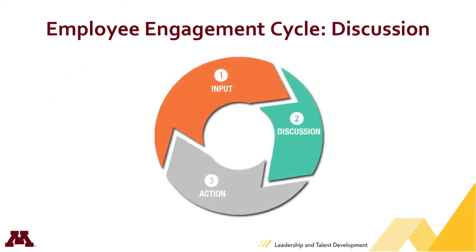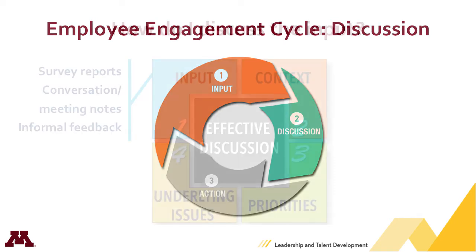Before we dive into the discussion phase, keep in mind, in practice, the input and discussion phases might not be distinct, especially if formal engagement survey data is unavailable. In those cases, input and discussion may happen at the same time, and that's just fine. For example, in a discussion with your department, you may learn that most people would benefit from more regular feedback about their performance. This is input. You then go on to discuss how important feedback will be as your department adjusts to new ways of getting work done. This would be discussion because you're talking about how feedback fits in with the department's priorities. So don't worry too much about keeping input and discussion separate.